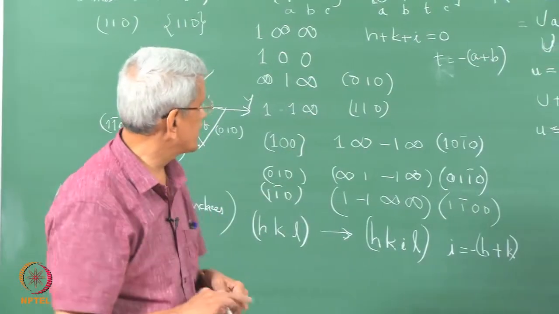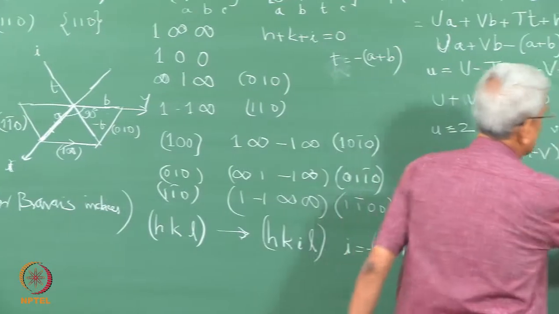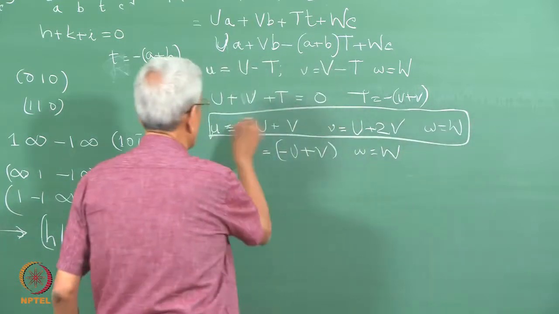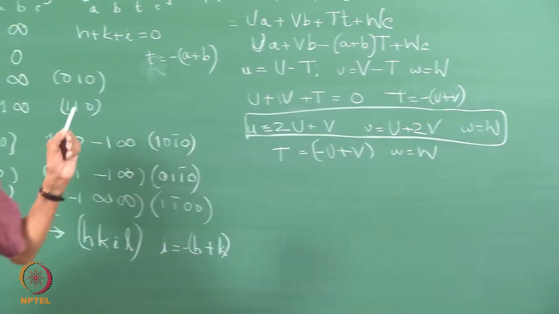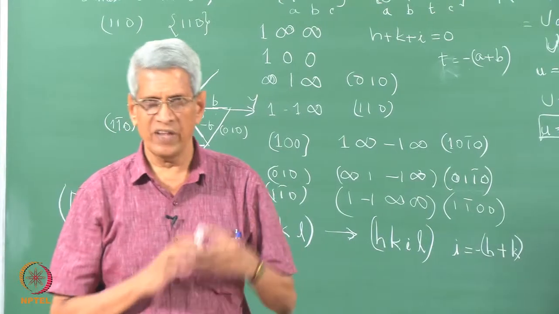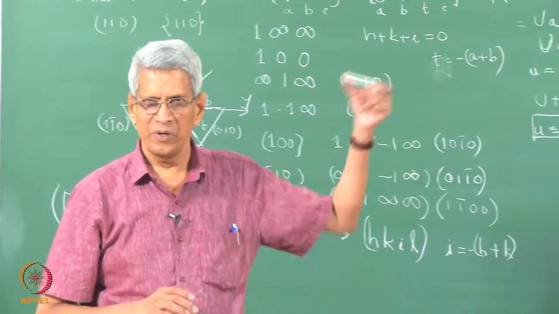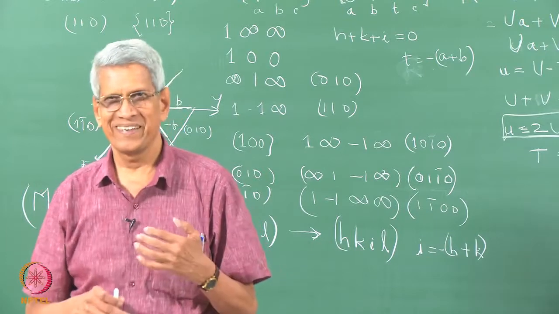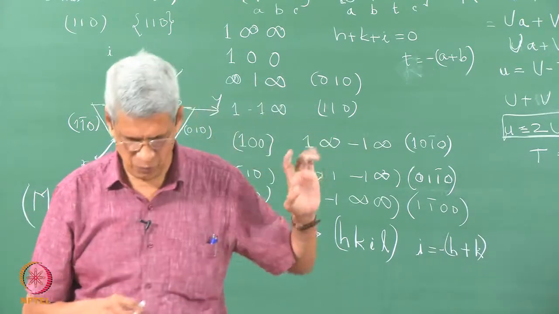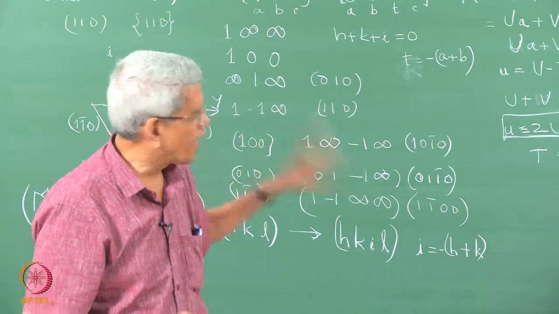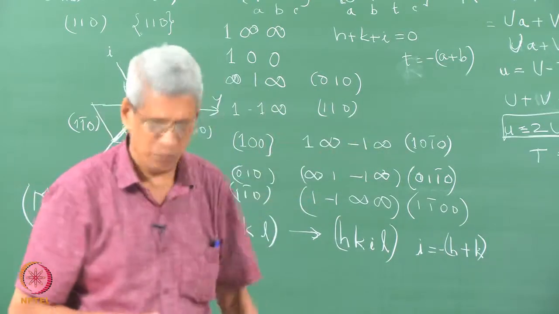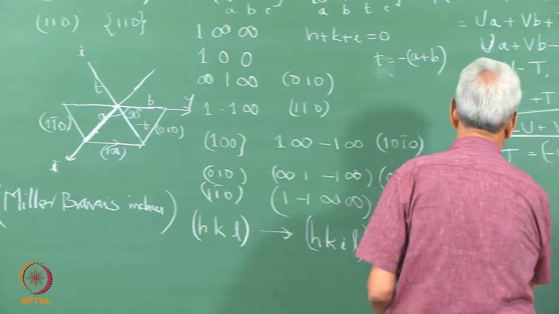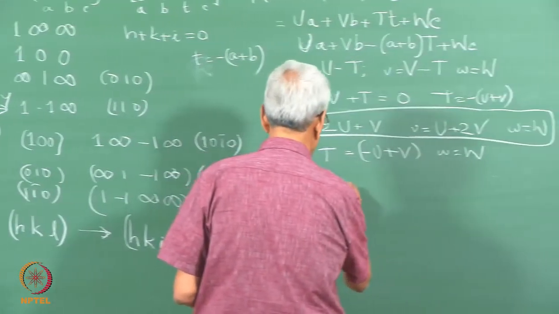This is what we have now represented. That means that we have represented the 3 index system coordinates of the direction with respect to the 4 index coordinate system. Suppose we wanted to do it the other way around, from the 4 index system. It is just solving these 4 equations. If you do that, I will just write the final expression of what it turns out to be. One can work this out on one's own.